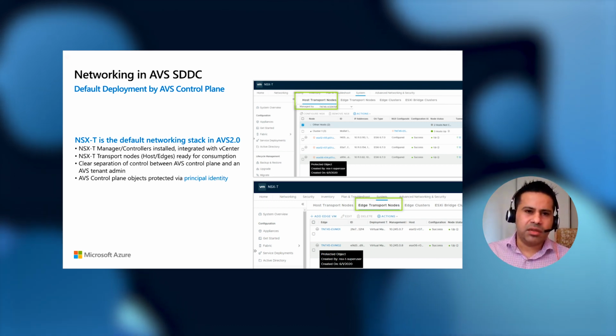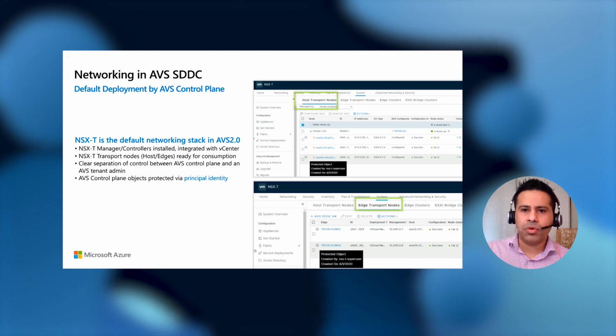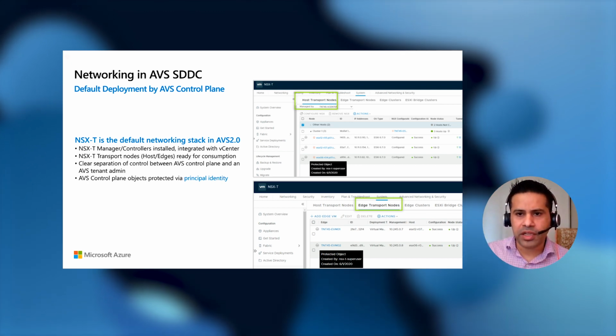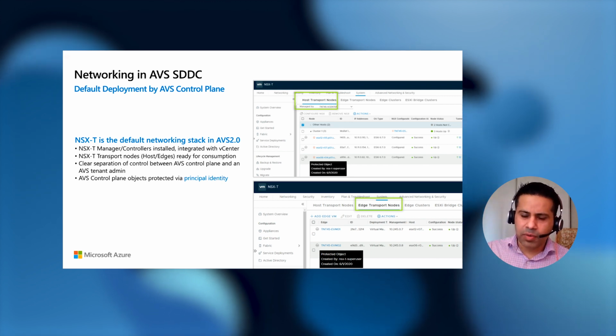So we set up NSX-T managers for you. We have a virtual IP configured for them for redundancy. We integrate this with vCenter. We install the NSX-T bits on the hosts. We install the edges. We configure both host and edges as transport nodes, and we protect these control plane objects.